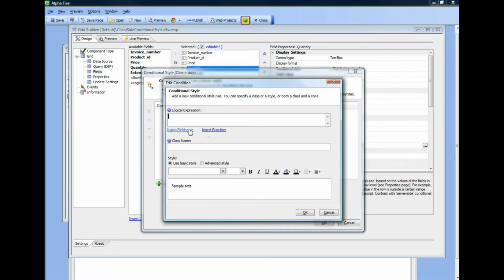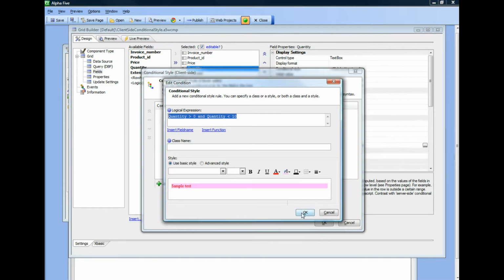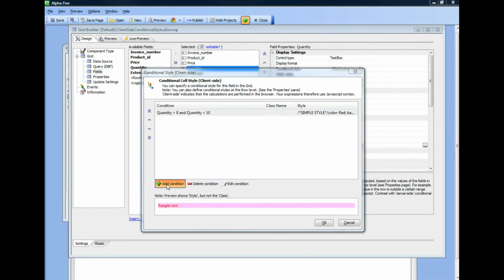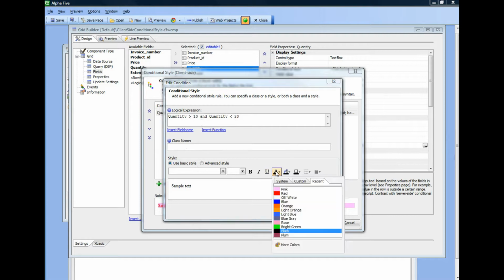We'll add a condition and we'll say quantity is greater than 0 and quantity is less than 10, and then we'll go ahead here and we'll choose, say, red on a pink background. Then let's go ahead here and add a second condition. This time we'll say quantity is greater than 10 and less than 20, and this time we'll choose, say, maybe